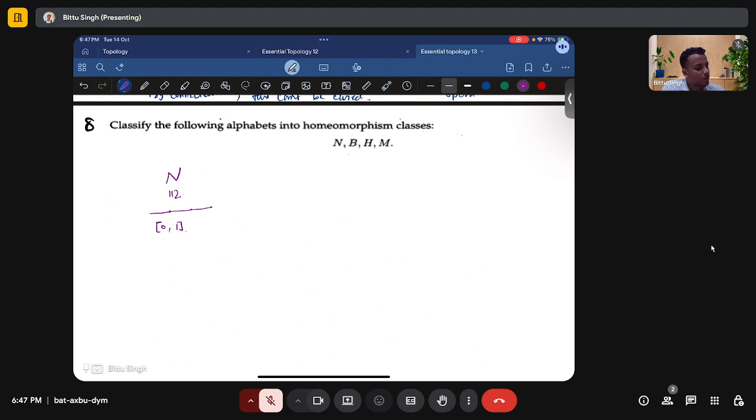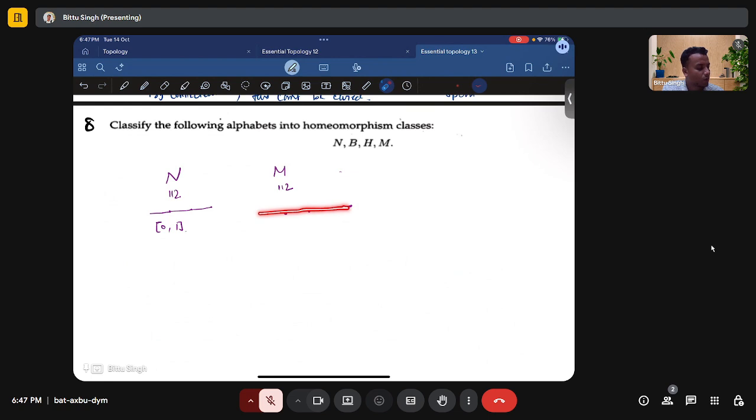What about H and M? So, let me draw M. So, M is again homeomorphic to this line segment. 1, 2, 3, 4. So, this is this part. This one will represent this part. This one will represent this part. And this one is just